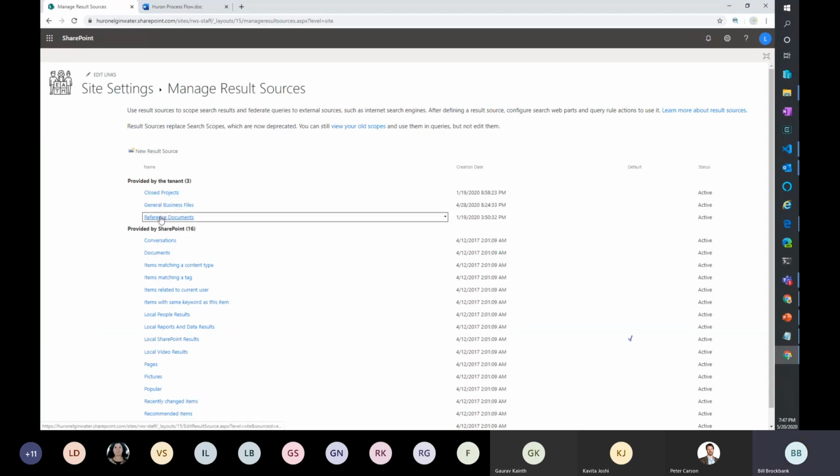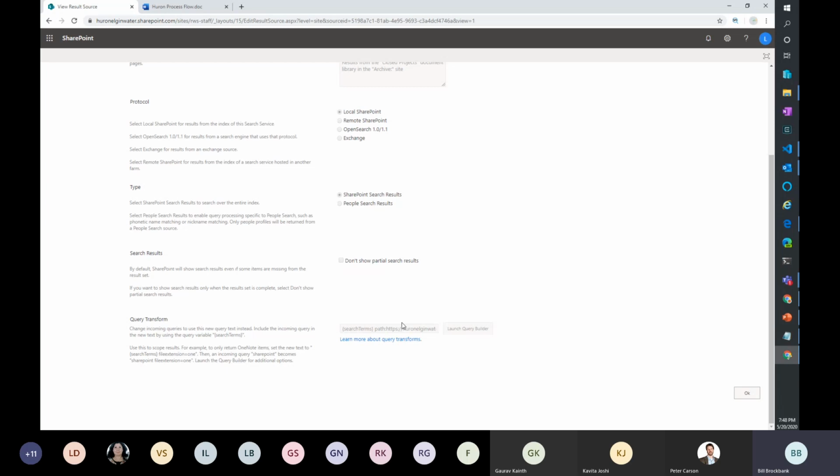There's my 3 custom result sources. Closed projects. Pretty much standard there. And this one I believe I created all these at the tenant level, so they're not actually editable here, but there you can see them.